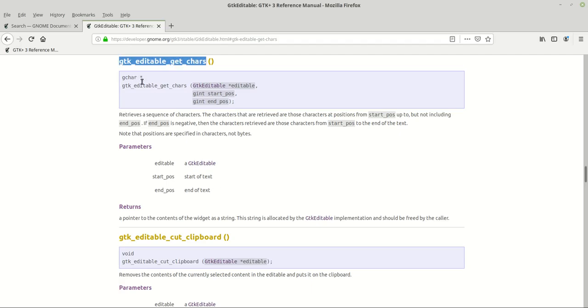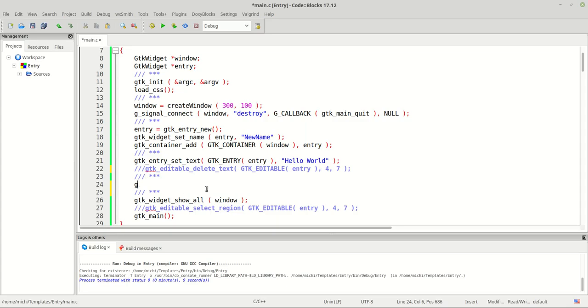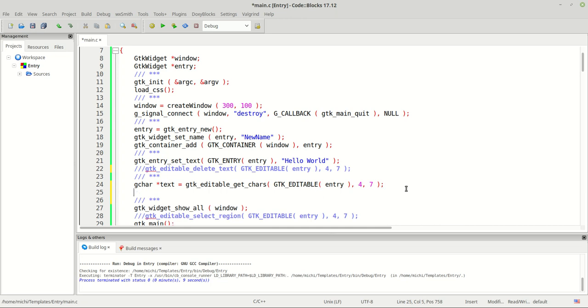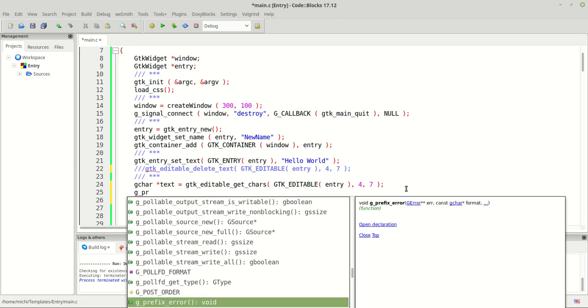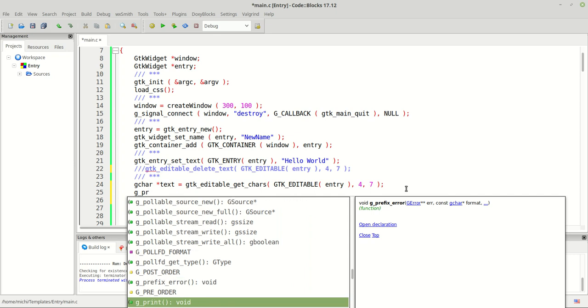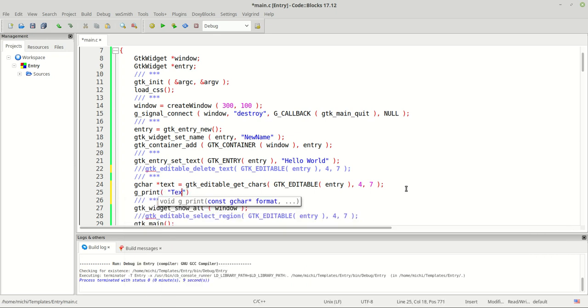It says return a gchar pointer, so we will do this gchar pointer, let's say text, and then we point this function there. We are going to copy this part here, 4 to 7, to see if I'm right, and if the manual says this thing, print, and we'll say the text is